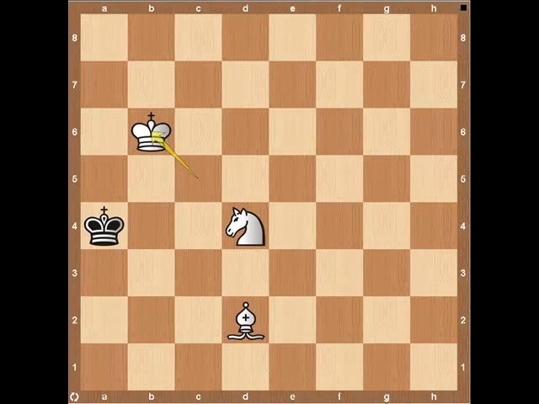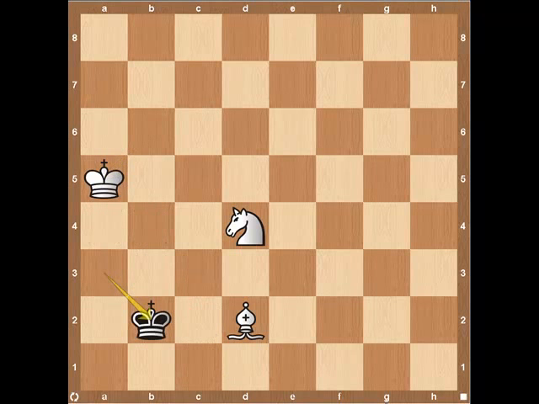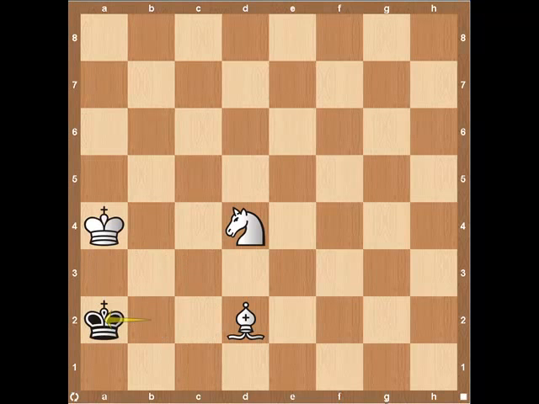So king to b6, and black starts to retreat. And we move our king into position. You can see the wall we've created of moves that he cannot make. And the black king is going to come down. Our king's going to continue his track down to the a1 square. And we have a wall created of moves that the black king cannot make. And the black king is going to